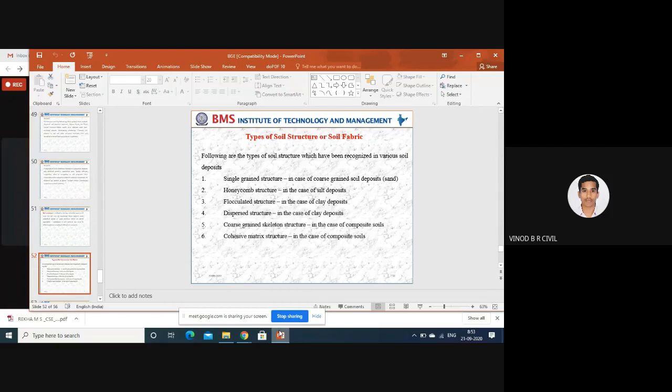Means some of the places you can see composite soils. Actually, it is an interesting topic, composite soils. Now also there is n number of research going on, especially near Esrugata farmhouse. You can see the soil color is red color, but you can expect all the properties of black cotton soil. Color is red color, but properties are black cotton soil. Means such a soil, how can you stabilize?